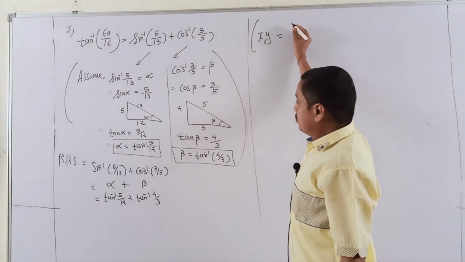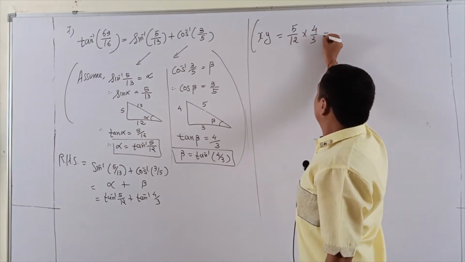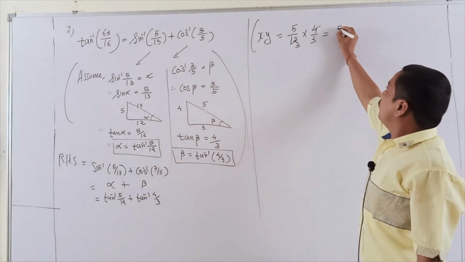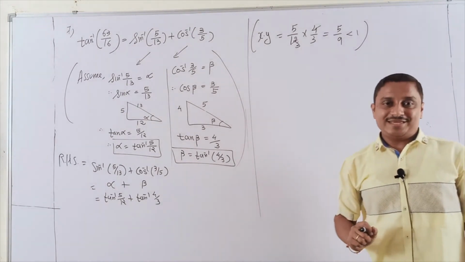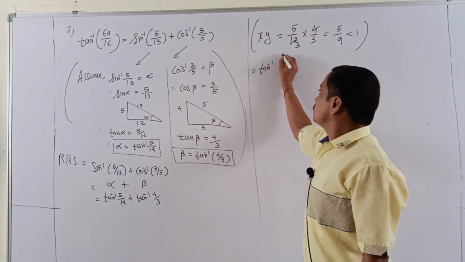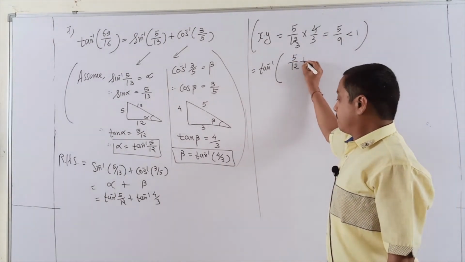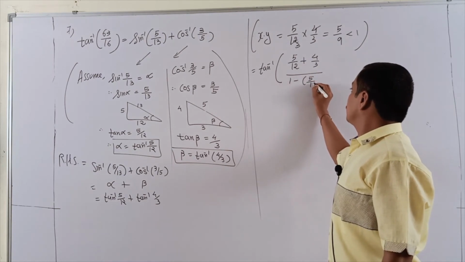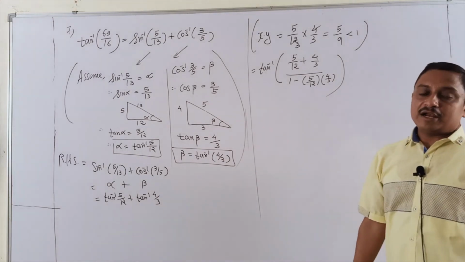For x into y, it is 5 by 12 into 4 by 3. 4 threes are 12, so 5 by 9, and it is less than 1. Yes. So my answer is tan inverse, first value 5 by 12,